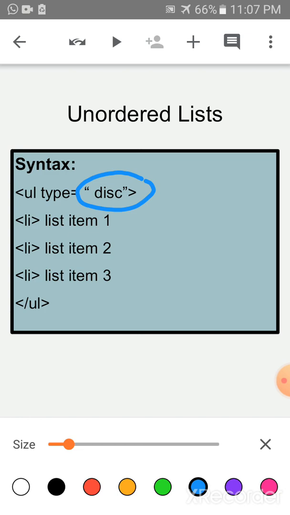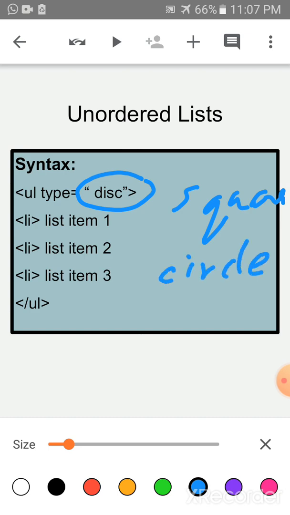Either you write disk or you write square, or you can write circle. Okay, children, these are three types of attributes: disk, square or circle.